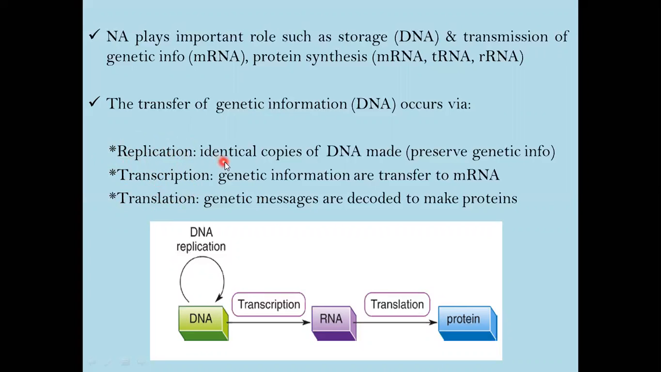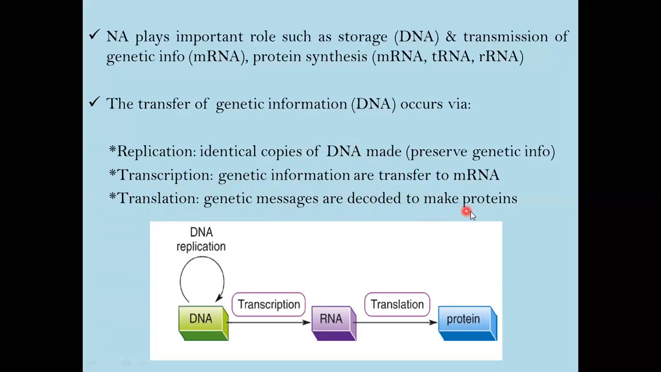In the replication process, an identical copy of DNA is made. This process is very important because it preserves the genetic information, because that copy of DNA which is made in the process of replication is transferred into new daughter cells. Then the next one is transcription. In this process, the genetic information is transferred from DNA to mRNA. The last one is translation. Here the genetic messages are decoded to make proteins. So the genetic messages which are transferred from DNA to mRNA are decoded here,